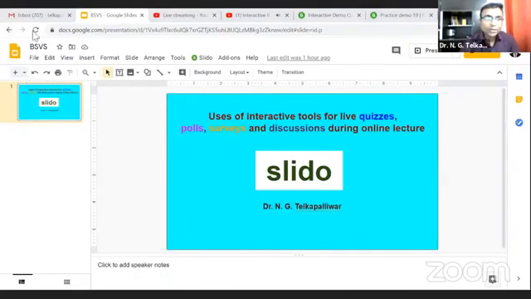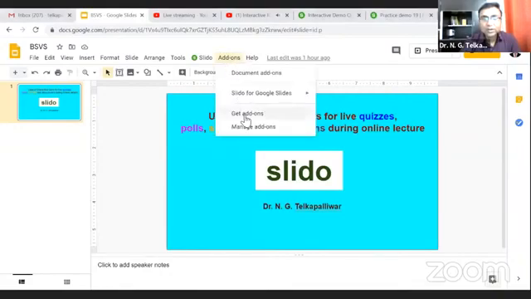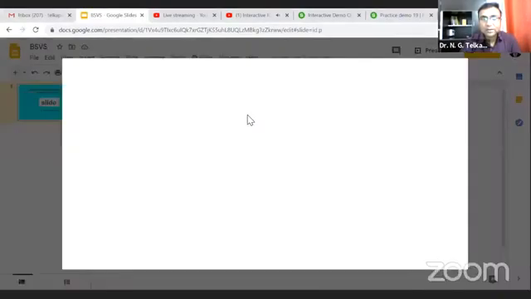Now during presentation, suppose you are using the presentation through this Slido platform. So there is one option called add-on. You just click on this add-on and get add-on. When you click on the get add-on option, a new window opens.